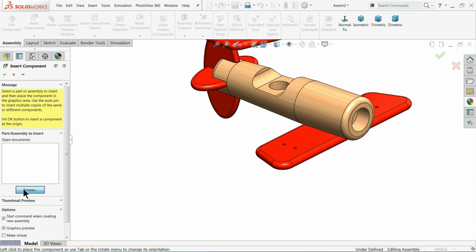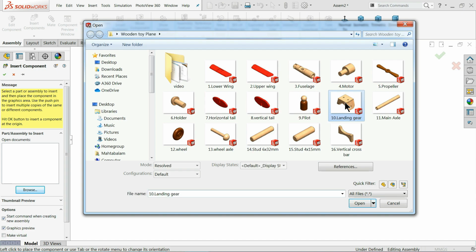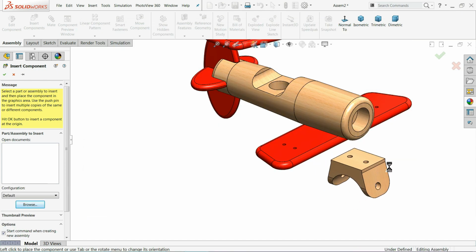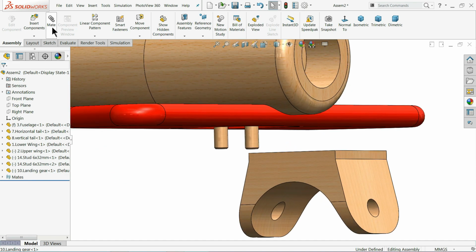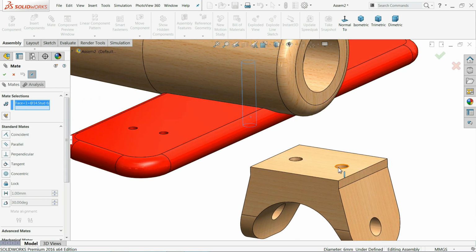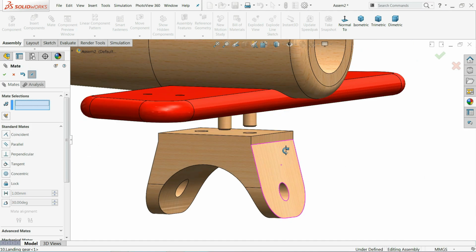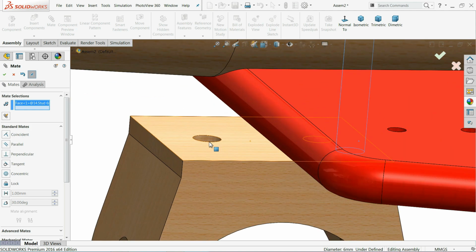Insert component, browse, and the next part we will select landing gear. Let me choose mate. I'll choose this hole and this hole. Circular concentric relation, this hole and this second hole.